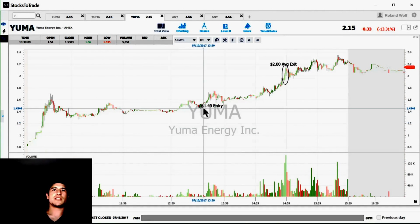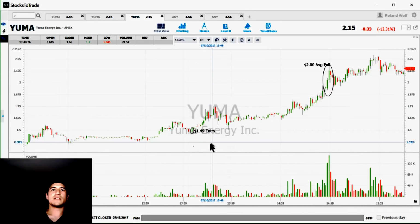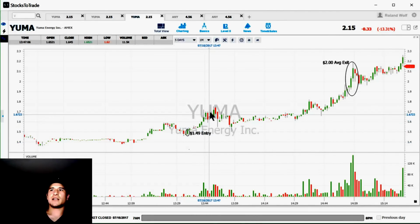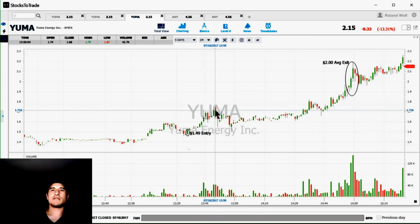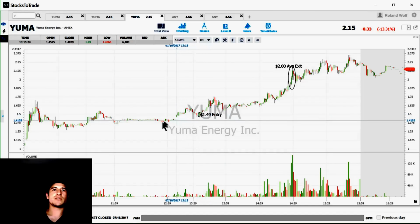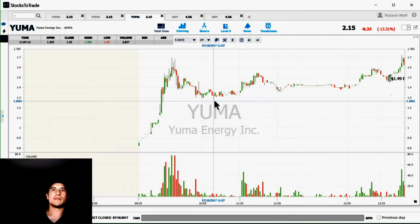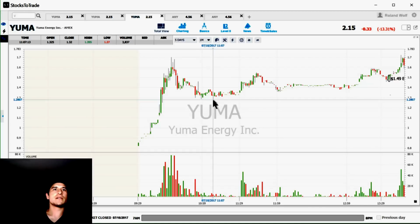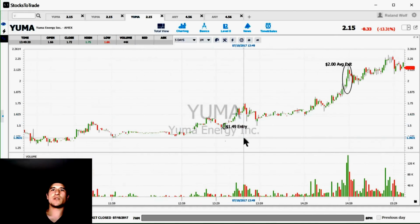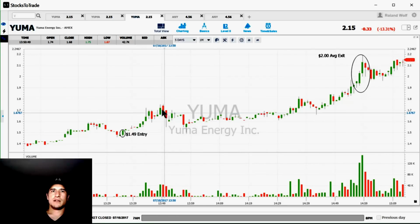Anyways, so here's my entry here. And I'll actually, let's see. So here's the high of day break at 1.70. Now I didn't sell any into this. I probably could have, but I was just trying to respect my risk. My risk was actually this first low back here. What was the low here? 1.27. So yeah, I was risking the 1.20s or so, 4,000 shares, and so we get a high of day break,